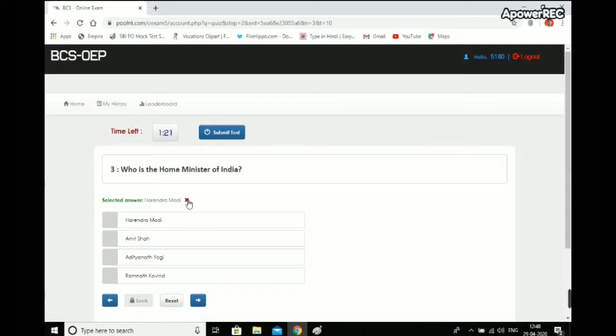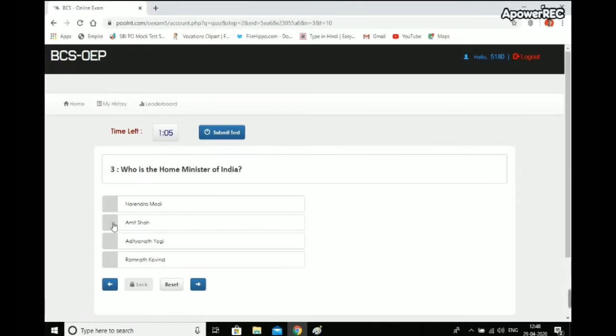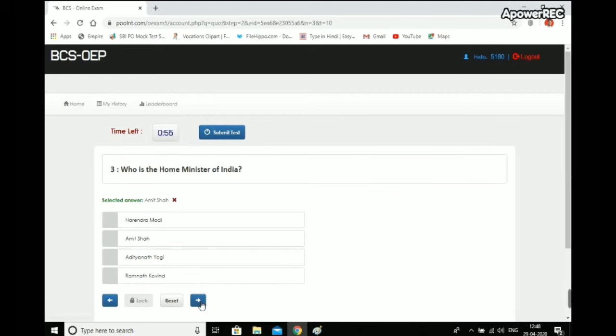You can see one small cross is there in front of your selected answer. If you want to remove this answer, you will click on that cross. You can see that it has been removed. Now select the correct answer, lock it, and move to the next question. You can see the selected answer has been changed from Narendra Modi to Amit Shah.